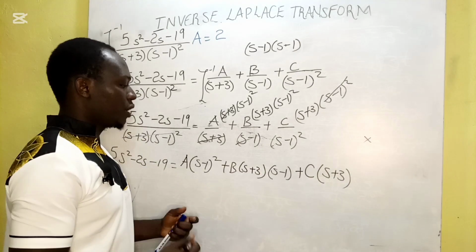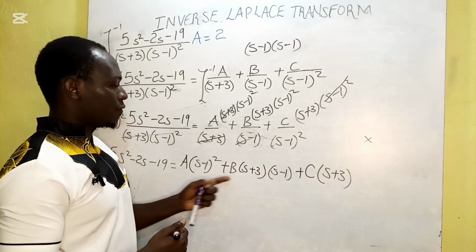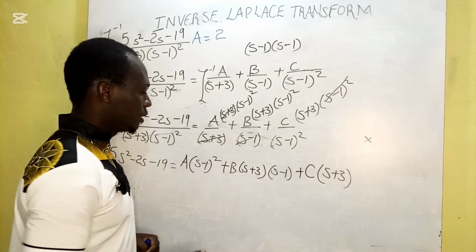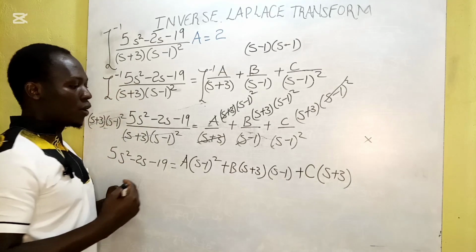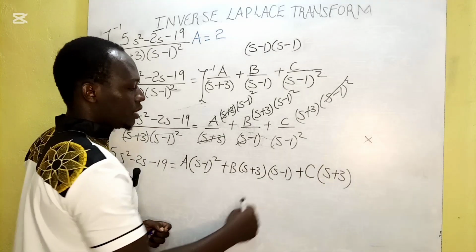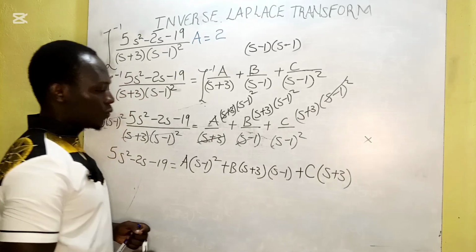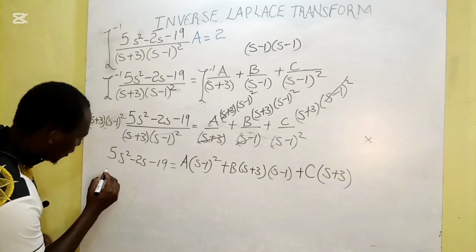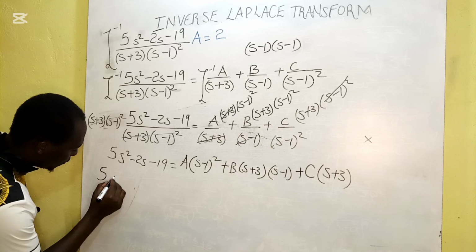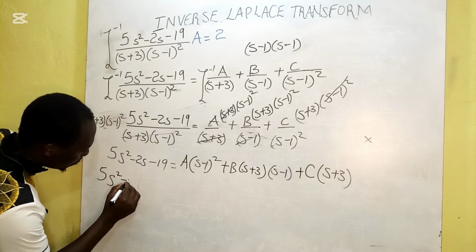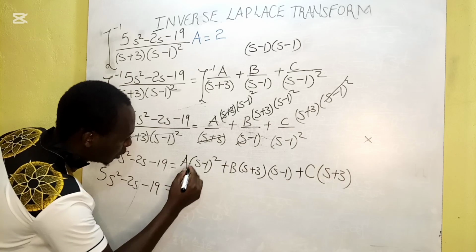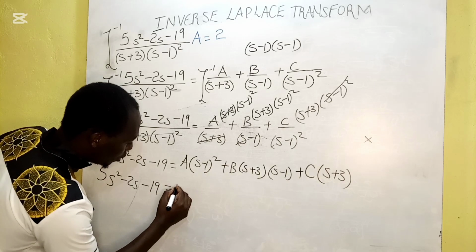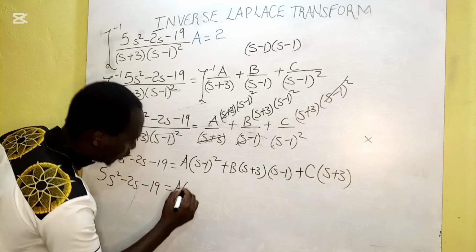Let us now find the values of B and C. Before we get the values of B and C, we must first open the brackets here and work out these two functions here. 5s² − 2s − 19 is going to be equals to, here we are going to have A into